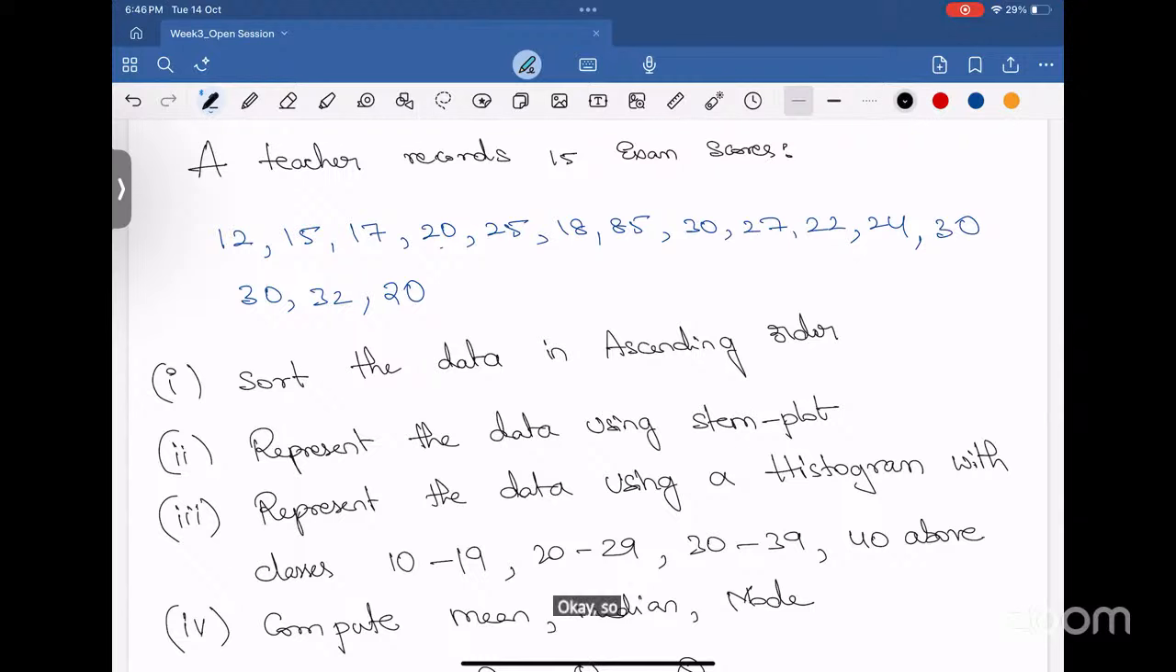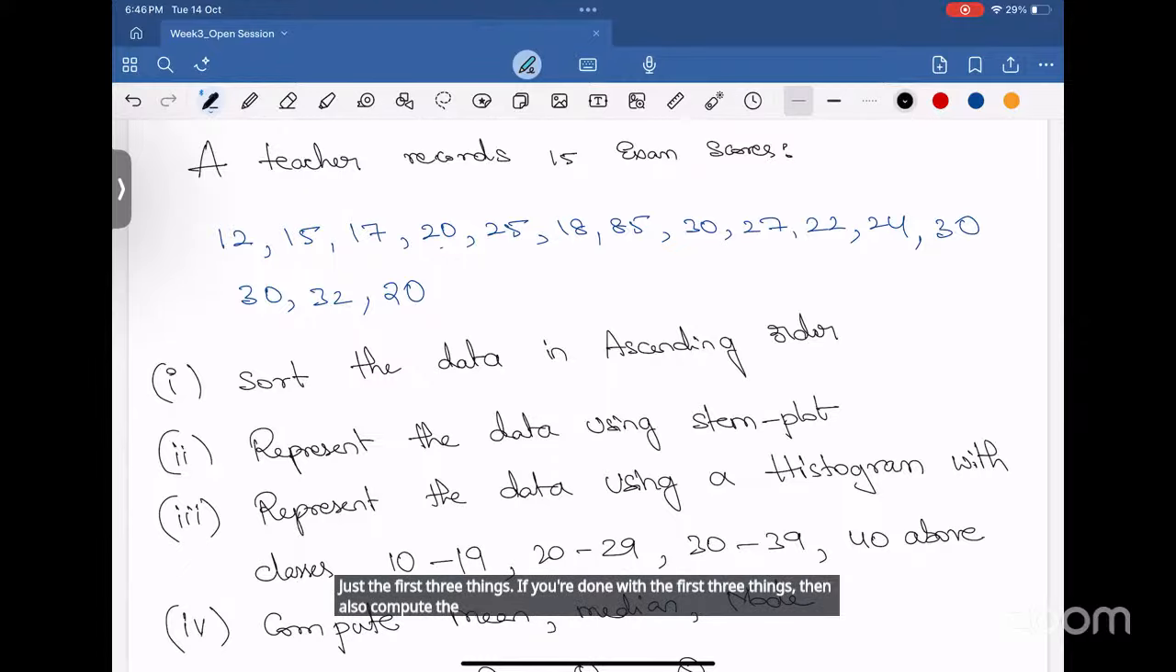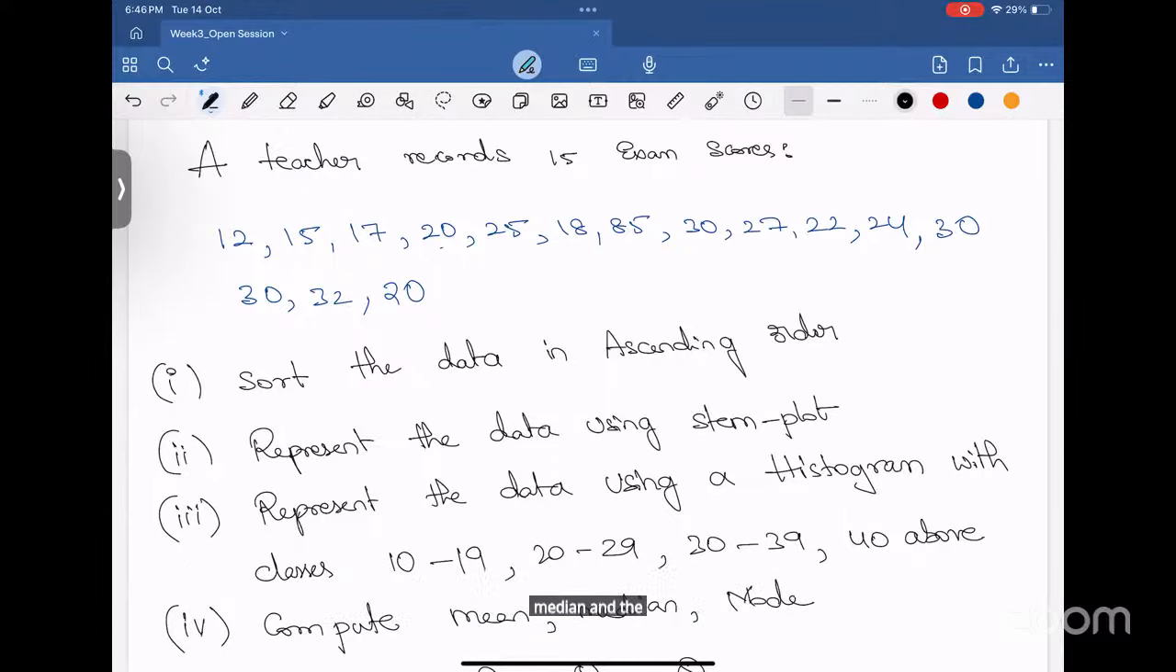Okay, so 6:45, 6:50, I will give you time. Just the first 3 things. If you are done with the first 3 things, then also compute the mean, median, and the mode of the data set. Okay, so let's see. If you are done, just raise your hand so that I will also get to know